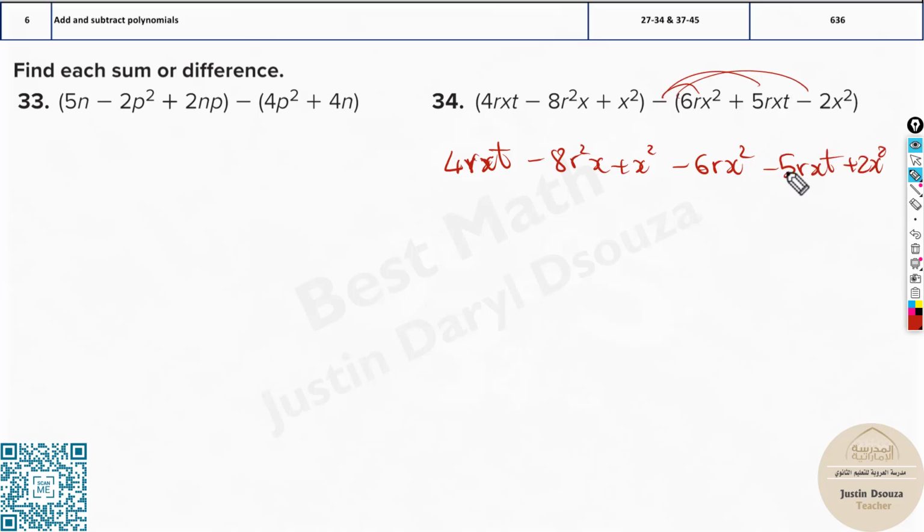Both the others remain minus. Now then, which is having the same variable over here? This is minus 2 plus will become minus. So now minus 5 plus 4 is minus r, right? Yes. r squared x. And what about x squared plus 2x squared? It's plus 3x squared. So that is